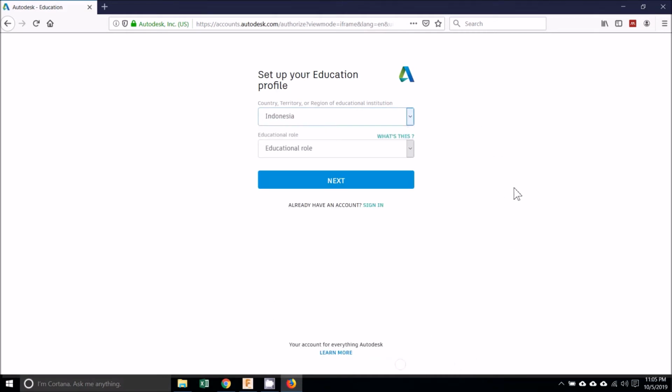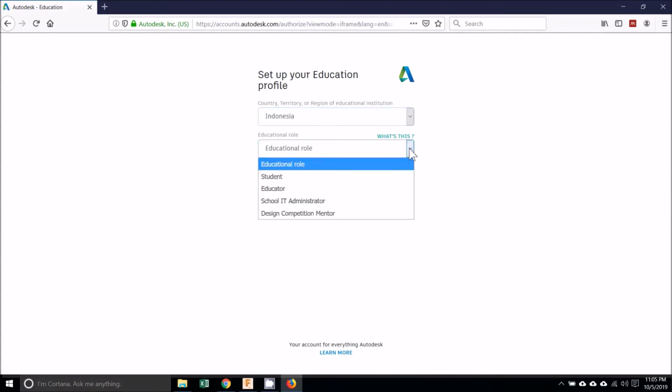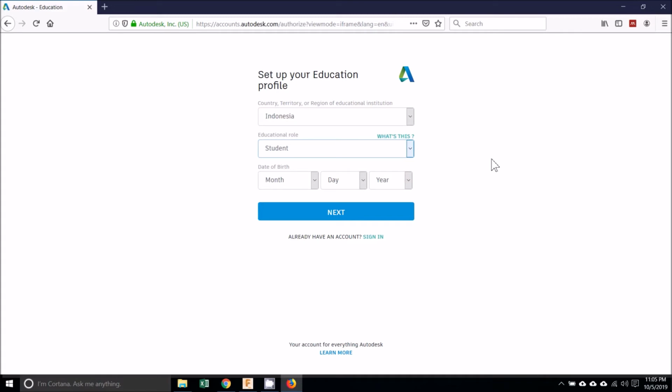Select the country and the educational role. Select Student for the educational role. Determine the date of birth.